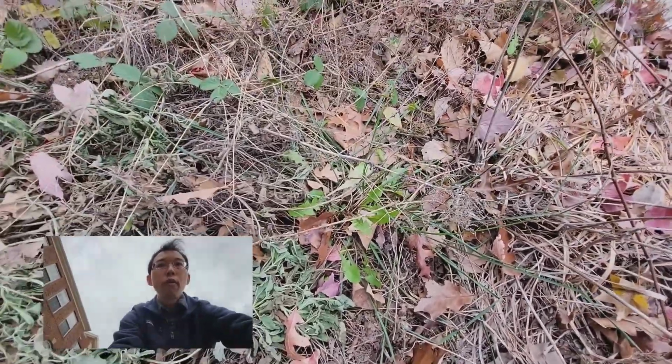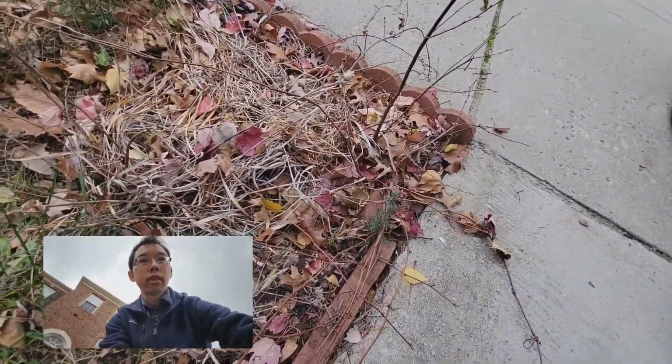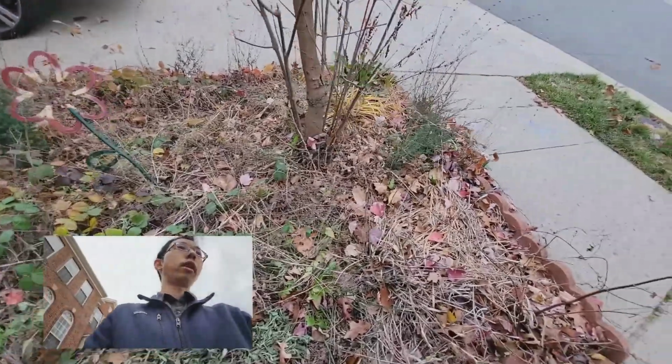Do you know if those were there beforehand? It was hard to tell. It was mostly like a lot of this. That's probably a weed. It looked like just dead plants with no weeds. Now it looks like dead plants with weeds. What I would recommend...